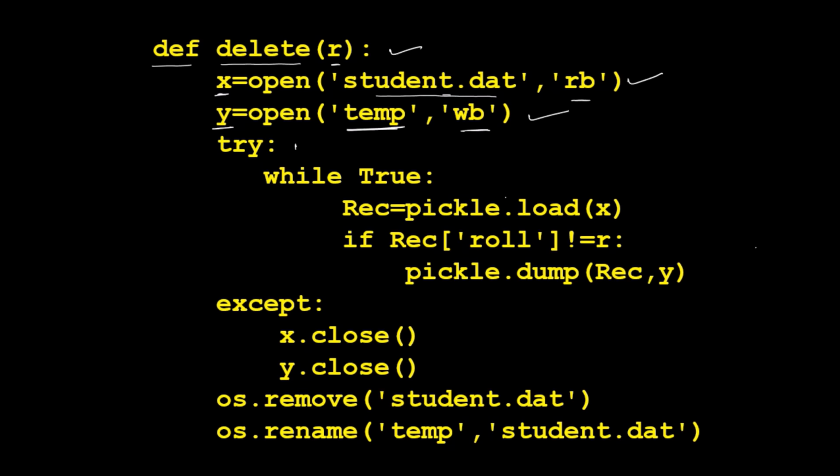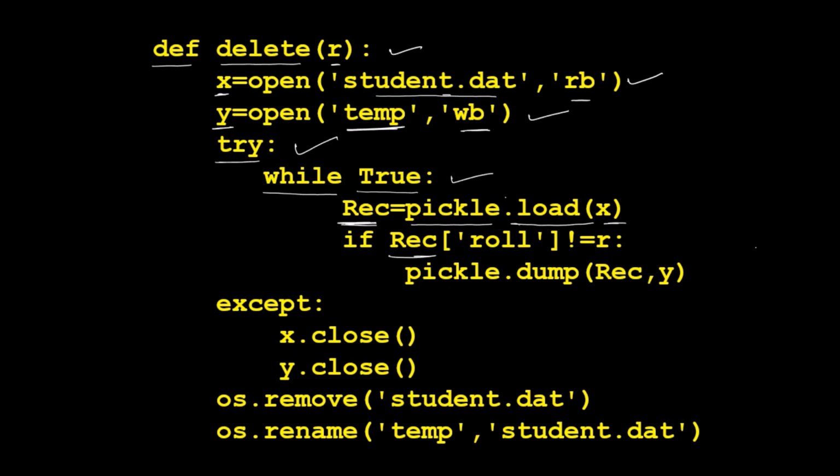Next, within the try block which we are creating to handle the exception raised while reading the file, writing a loop to read all records from the file one by one till end of file. Then reading a record from the file using the pickle.load method and storing the returned record in any variable. In this case, a dictionary object will be read from the file in variable rec.